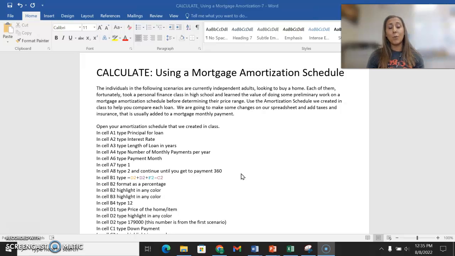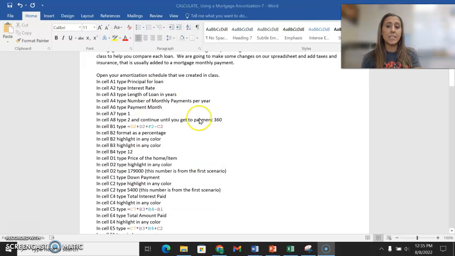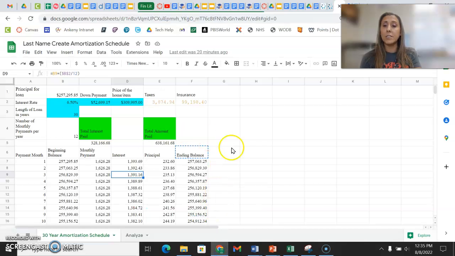Maybe some of these formulas are new to us, maybe they're not, but we're going to go through them and we're going to use them. And then when we talk about them, we'll be able to do this as well. So all of the directions for this assignment are right here. But what we're going to do first is go